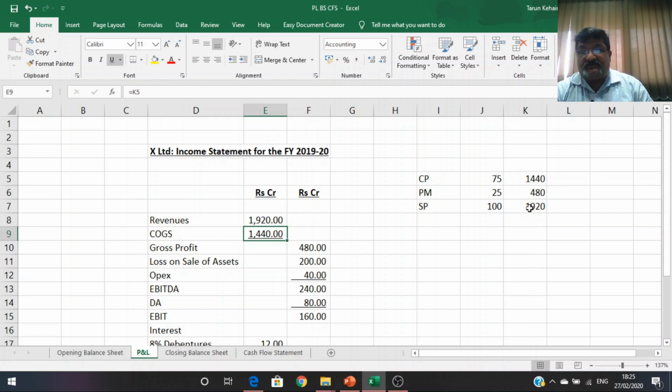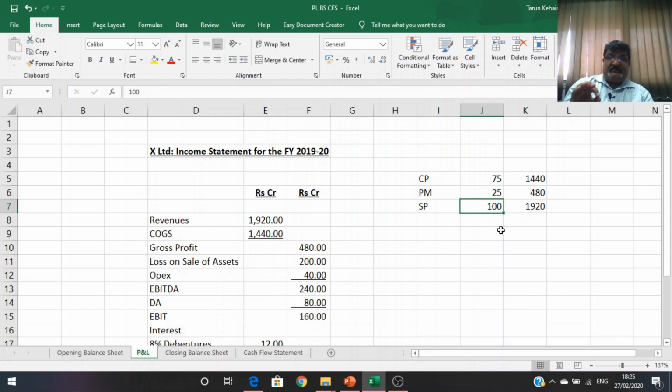Now, what about the profit margin? It is given that the profit margin is 25% on selling price. So let us assume that the selling price is 100. The profit margin is 25, and therefore the cost price comes out to be 75. If you look at the profit margin as a percentage of cost price, it comes out to be 25 by 75, or 1/3, which means a 25% margin on selling price translates to a 33.33% margin on the cost